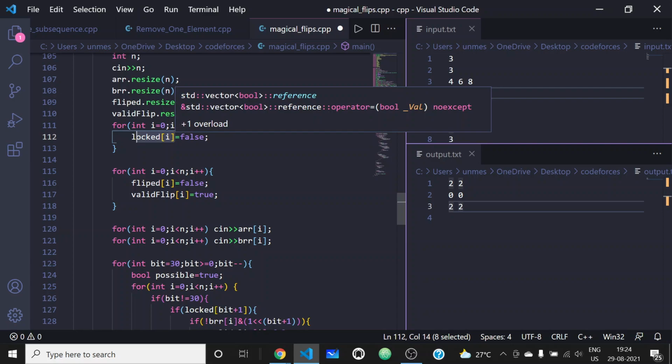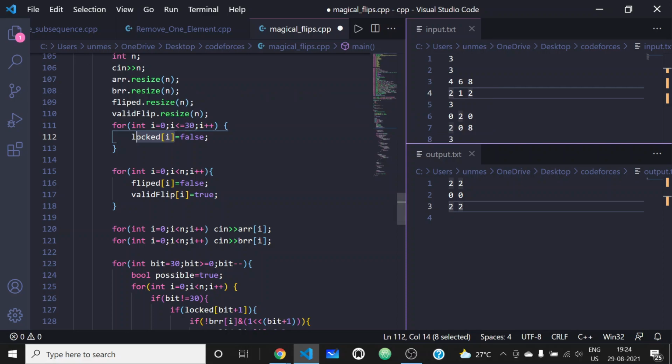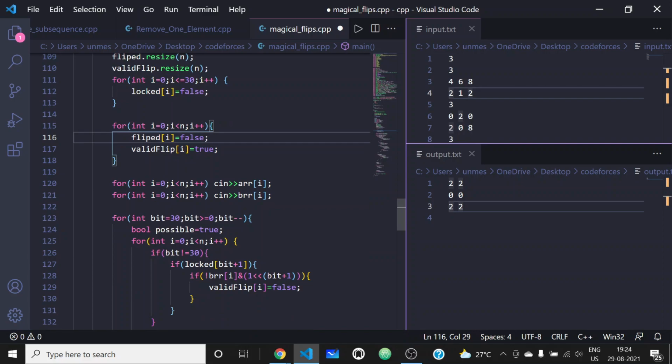So basically after flipping there shouldn't be any changes at the locked bits, and I am setting flipped[i] equal to false because the cards are not flipped initially, and valid flip has been set true initially because we are allowed to flip each card.